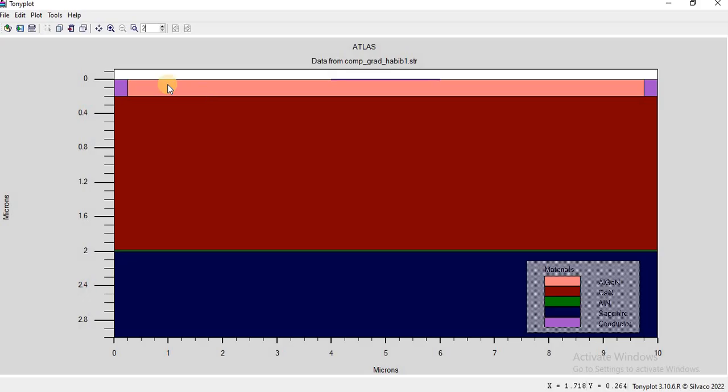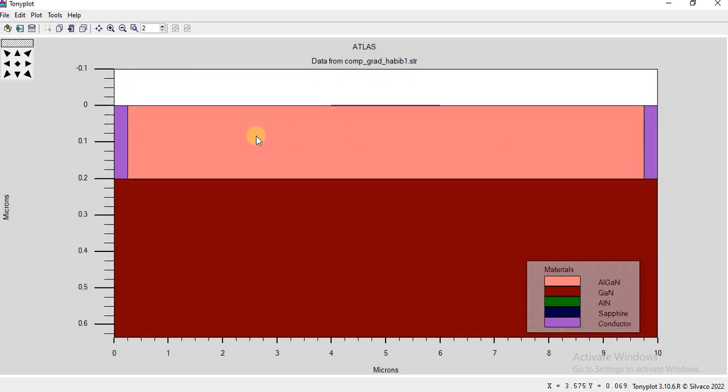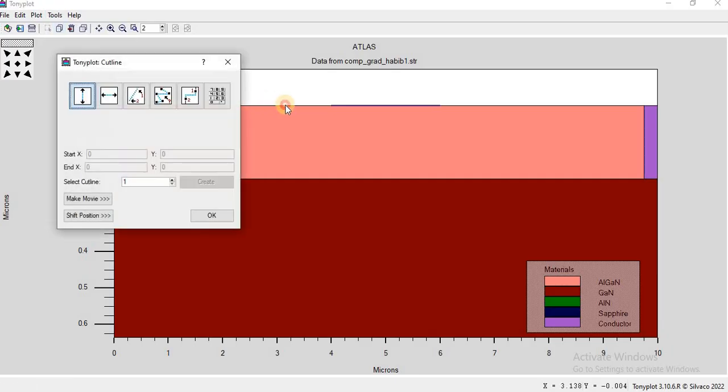Here is our simulated structure. Let us focus on this region over here. This is the aluminum gallium nitride layer, and this is the gallium nitride layer. In order to look at the energy band gaps, I go to Tools, Cut Lines, draw a cut line over here,